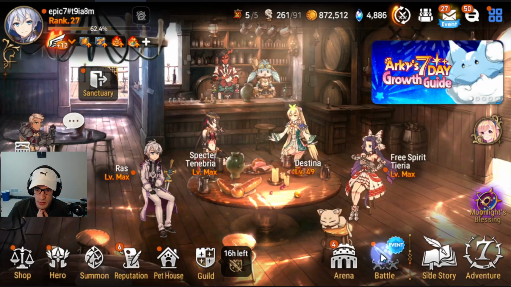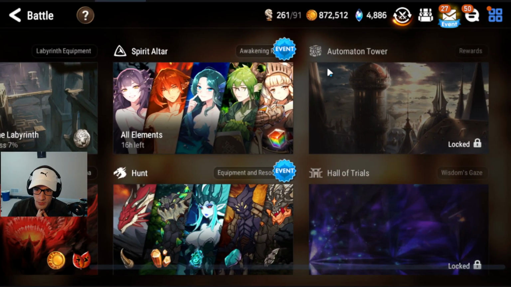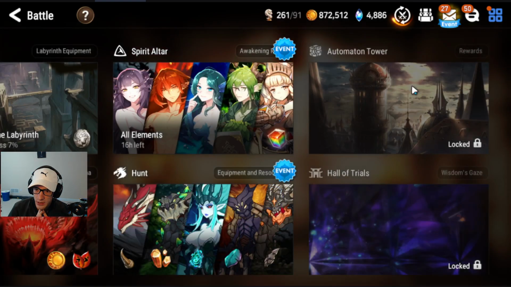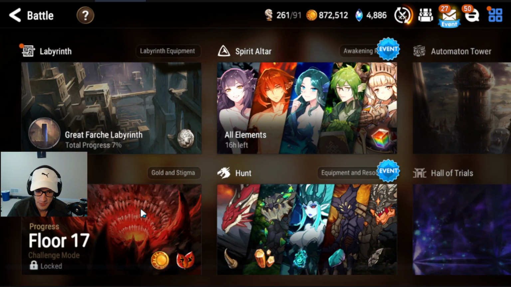So next up, you're going to be doing Automaton Tower. This unlocks once you clear 2-2-3. I'm about to unlock it. You can just do the lowest difficulty of this. The problem with Automaton Tower is the higher difficulties give way better rewards, but you cannot unlock those rewards without beating the previous version of the tower. So I would just do it the moment it pops up. It'll give you a bunch of resources and things that you can just use right away. So go ahead and just do the lowest level of Automaton once it comes up,